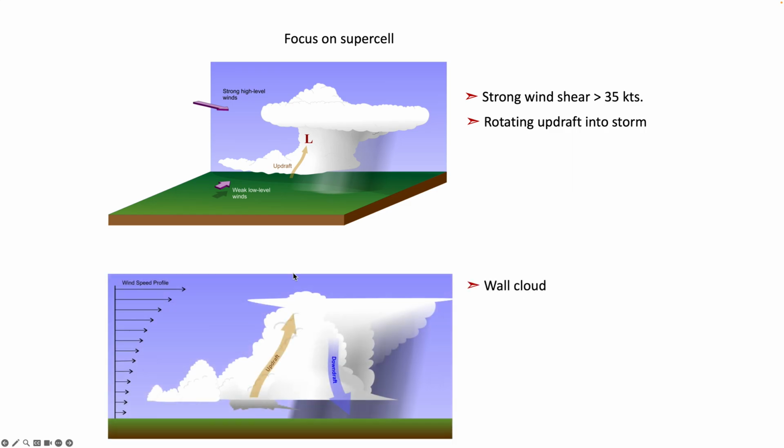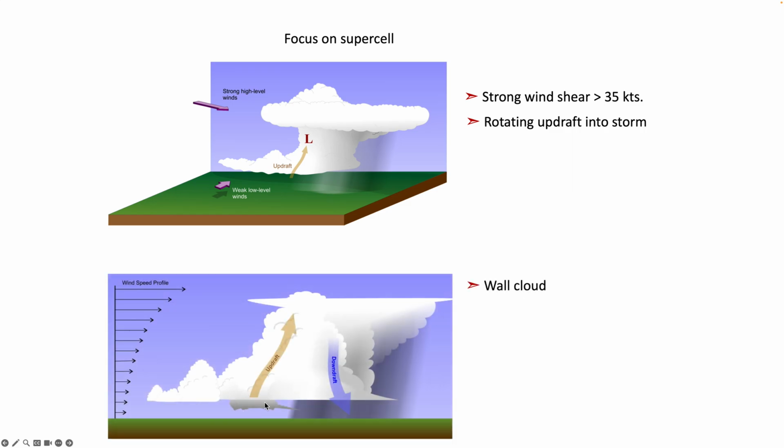So if we focus on the supercell from the side, just to give you an idea of what it looks like, here are our weak low-level winds, our strong high-level winds. You'll notice that there is directional shear as well as speed shear, but again, we're just going to focus on our speed shear. Our updraft is occurring within a mesocyclone, which you can't really see very well here, but here's our updraft basically going up into the thunderstorm, and this updraft will typically be rotating. So we have strong wind shear greater than 35 knots, a rotating updraft into the storm,